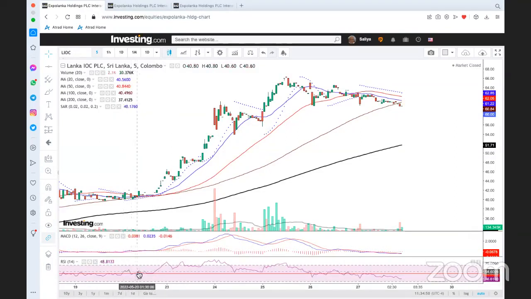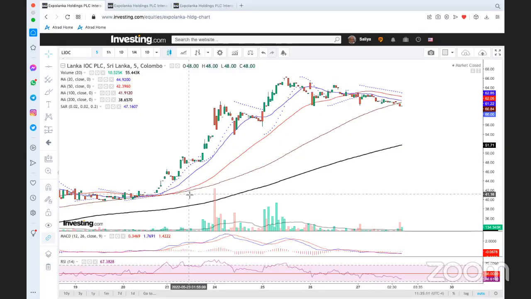And also you can see that the RSI moving above the 50 point mark, right? So when you see all these things happening, it's a very strong entry position which will help you